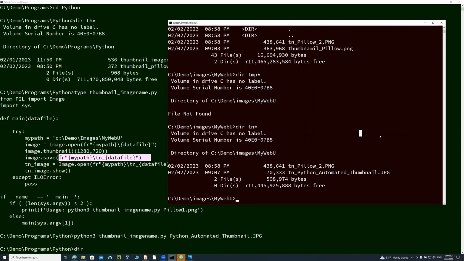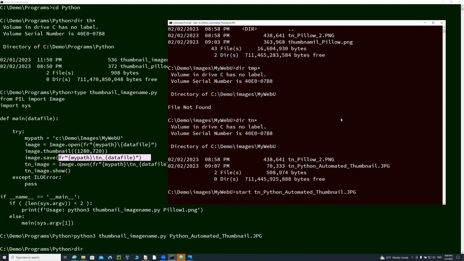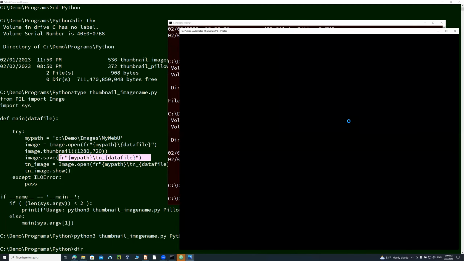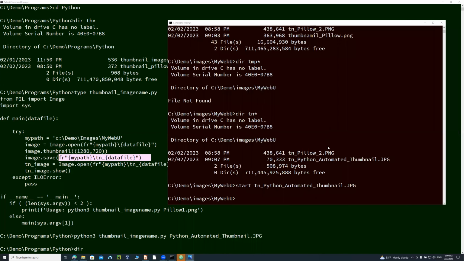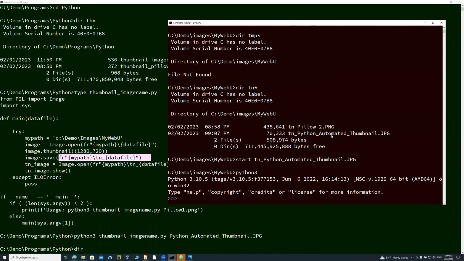So it did create the file, and that is the file. I just was looking at the wrong name. This is the name, thumbnail automated, and if you just open that one, it opens the same one that we were looking at here. See, it's nice. So you can also find out the name here, say Python 3, and say